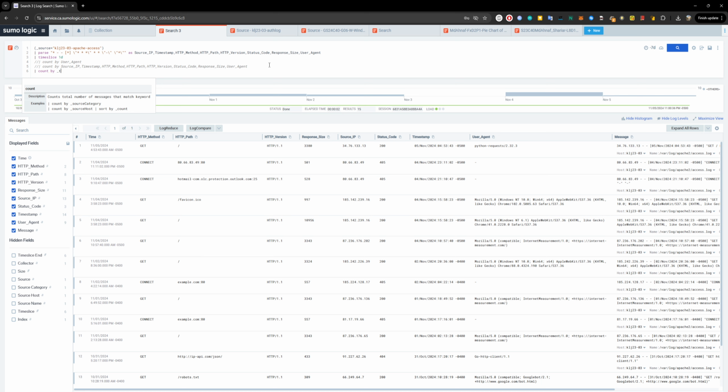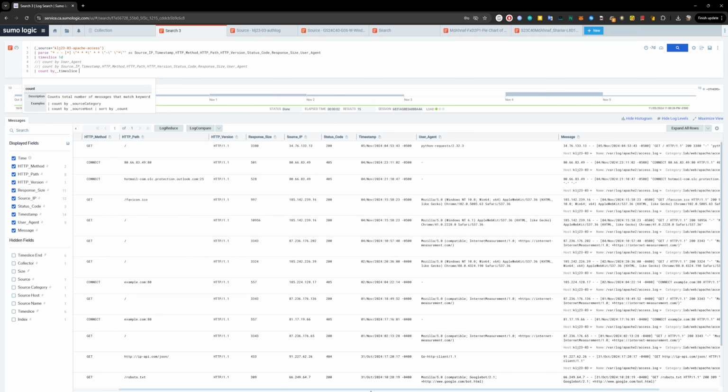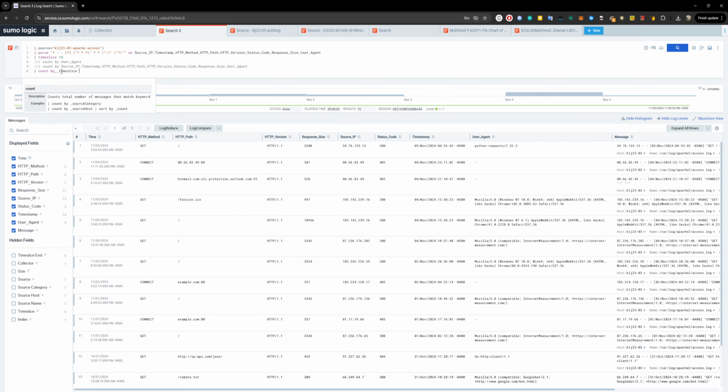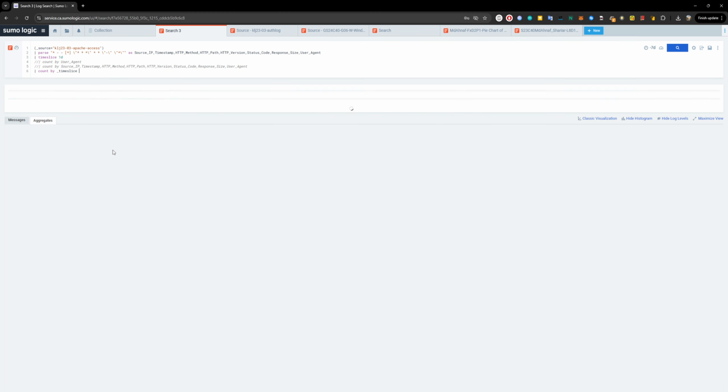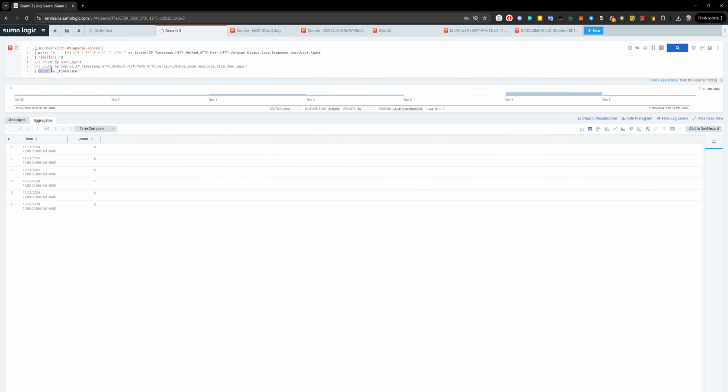So for time slice, you notice that whenever I'm writing time slice data, like counting time slice, I'm putting an underscore before. So in Sumo Logic, when you are using count by, or any keywords to search anything, for example timeslice and count by, it's counting any information. Let me show you here. When I'm doing a count by search, it's counting the data based on the